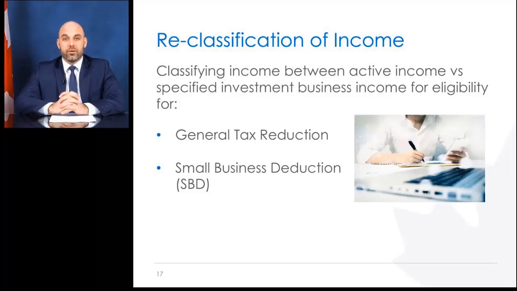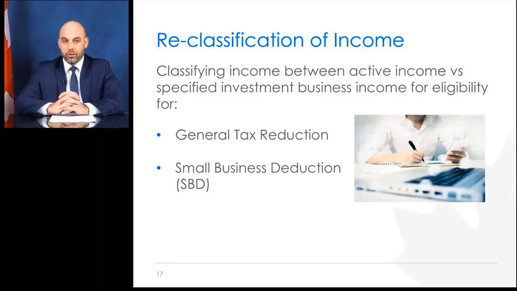Small business deduction. You cannot claim a small business deduction if you operate a specified investment business, also known as a SIB. A SIB is a business that has the principal purpose of deriving income from property, including interest, dividends, rents, or royalties. The main purpose of these businesses is to derive income from property. SIB rules are not applicable in cases where the corporation employs more than 5 full-time year-round employees.